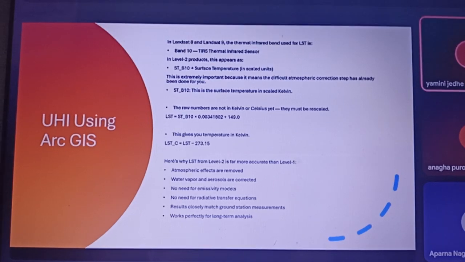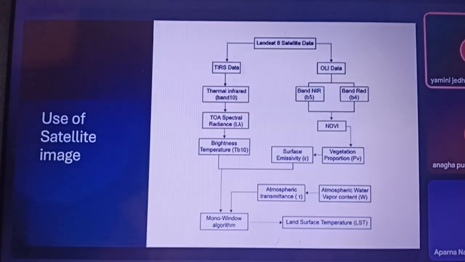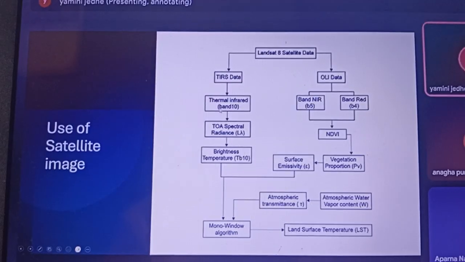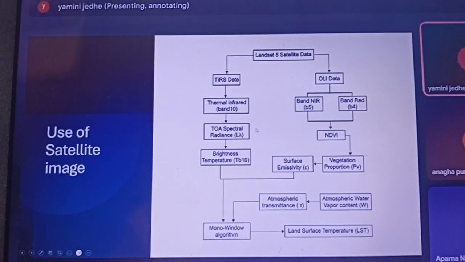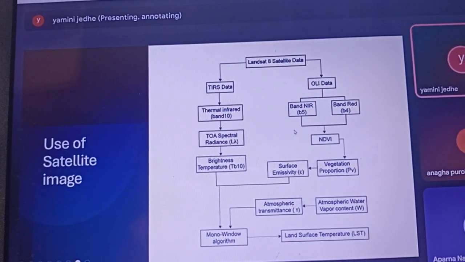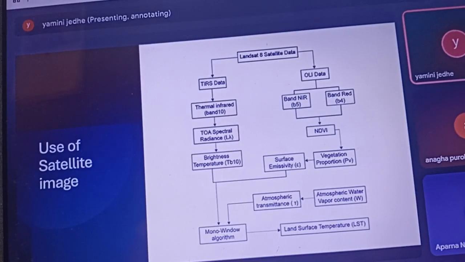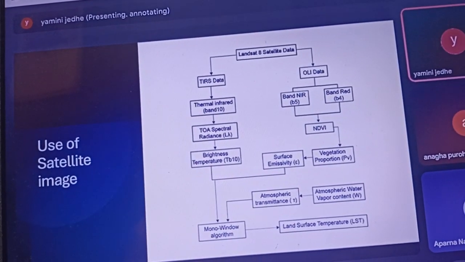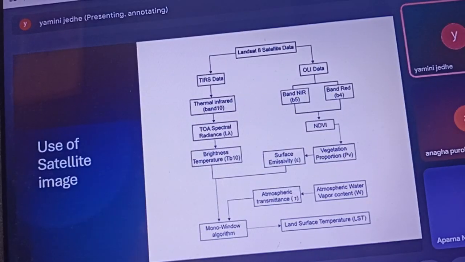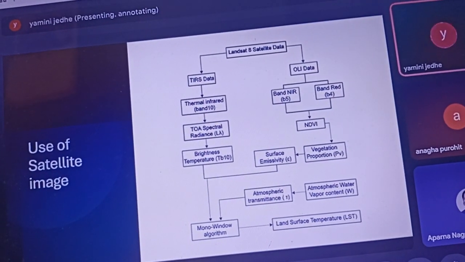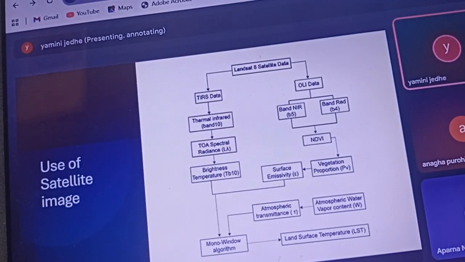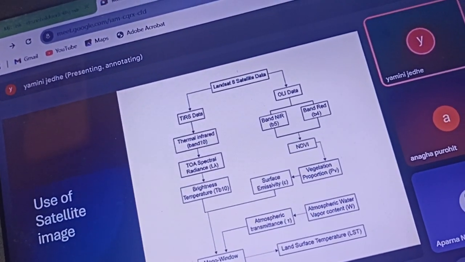Also, I have already told you that you have to download the satellite imagery of Landsat 8, compulsory Landsat 8 level 2 band 10. Otherwise, if you have downloaded the Landsat 8 level 1 satellite imagery, the temperatures are not corrected for the atmospheric layer, and therefore the final outcome can be minus 10, minus 16 or something like that.